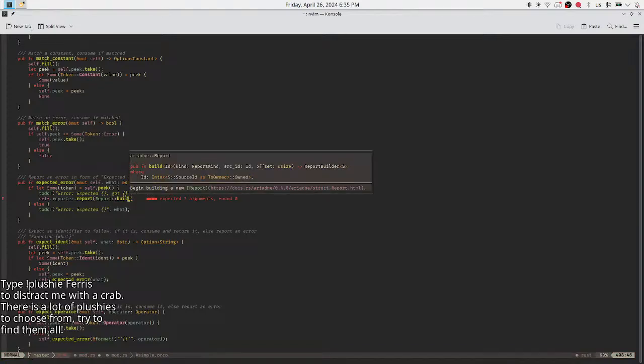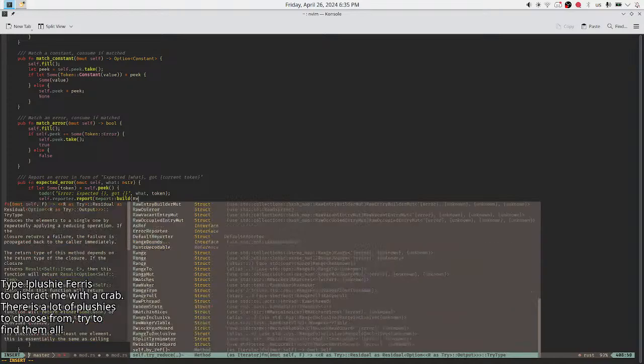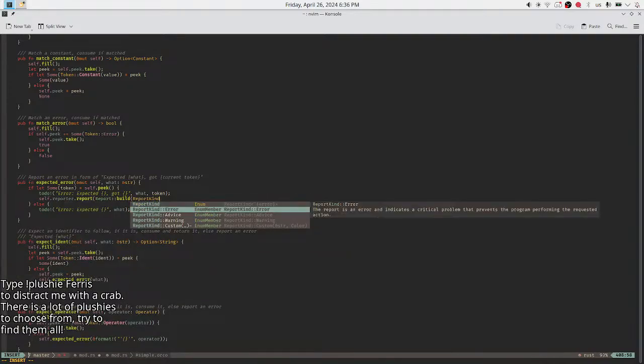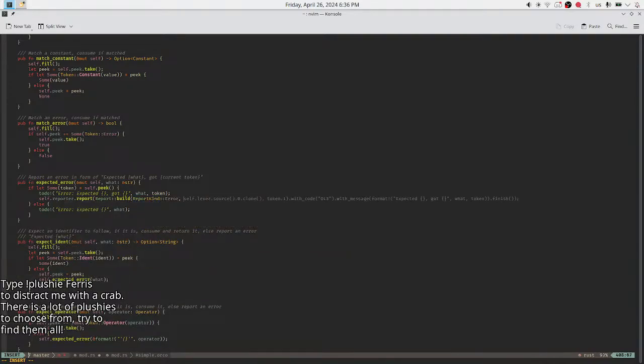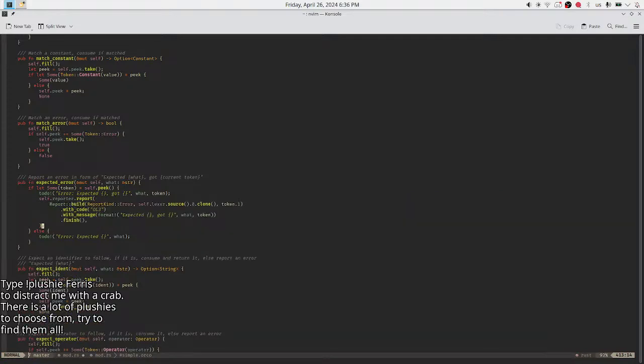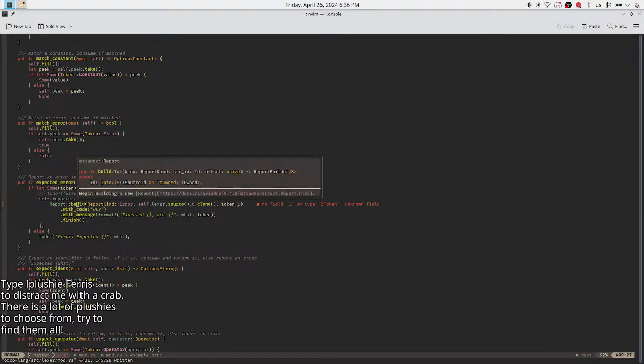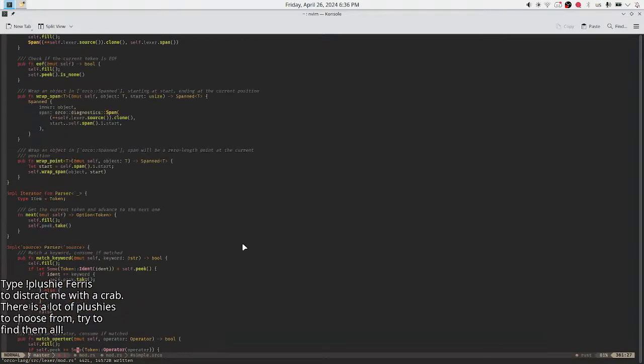Come on, AI, give me this completion. Okay, so this is what? Unreachable code. Oh, because build source ID. When did I get source ID here?